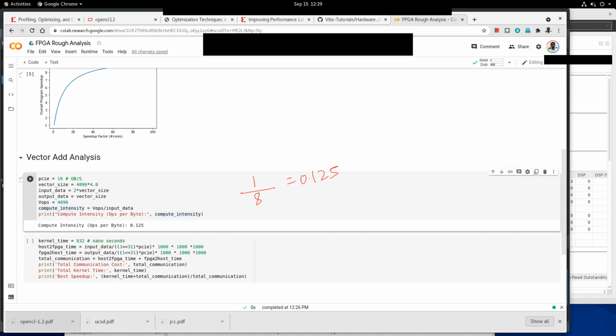So check the PCIe bandwidth on your system, but usually it goes from 16 GB per second to 64 GB per second.